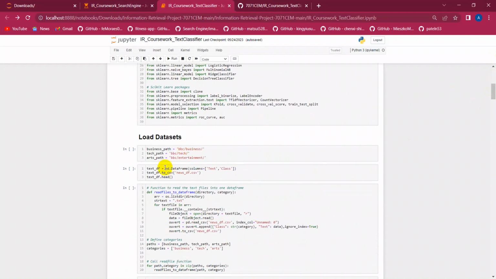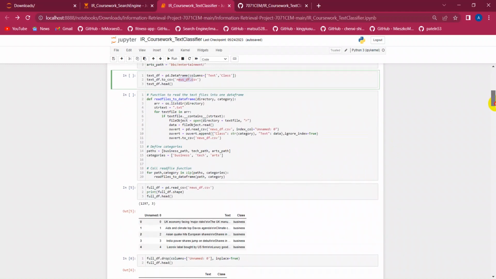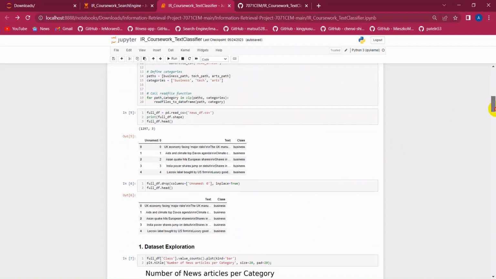And as you can see, we have loaded the data set, and we have distinguished it into the 3 categories, that was the business part, tech part, and the arts part. And you can see over here the news_df.csv was the data source that was provided to perform the text classification process. And we have dropped the columns like unnamed 0,